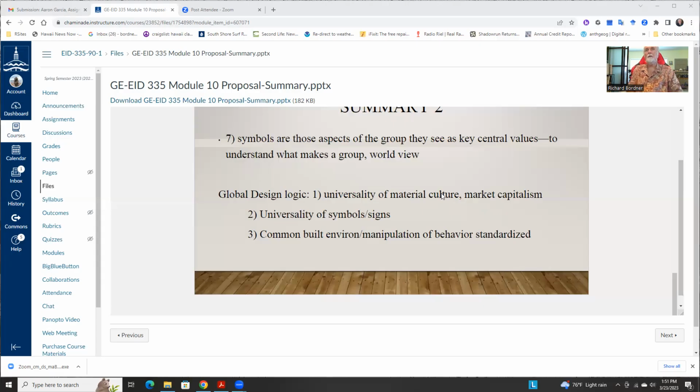Last part is that, when you look at symbols, and especially today with the huge growth of social media, there's sort of an assumption of universality of symbols, which really isn't the case. And you see this frequently when people will use a symbol and all of a sudden someone disses them because they, quote, misused it. And you also see this with, for example, the supposed universality of material culture. A real good example would be Starbucks, say 20, 30 years ago, expanded globally, had Starbucks all around the world, and assumed that everyone was consuming American coffee in an American coffee shop, just like they go to Seattle. I remember going to the Starbucks when it first opened in Shanghai,